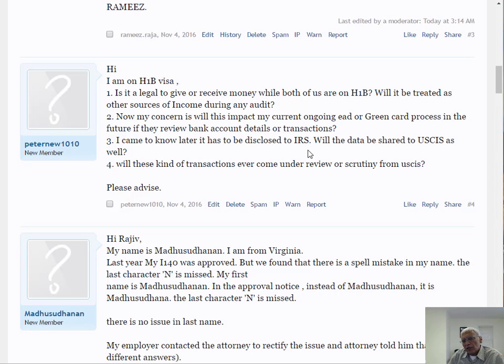So once you get your EAD, of course, you can do anything in addition to your green card job. But if you are working without authorization, working illegally, it can have an impact on your adjustment of status, your H-1B, and even your green card if you are trying to conceal it from the government.